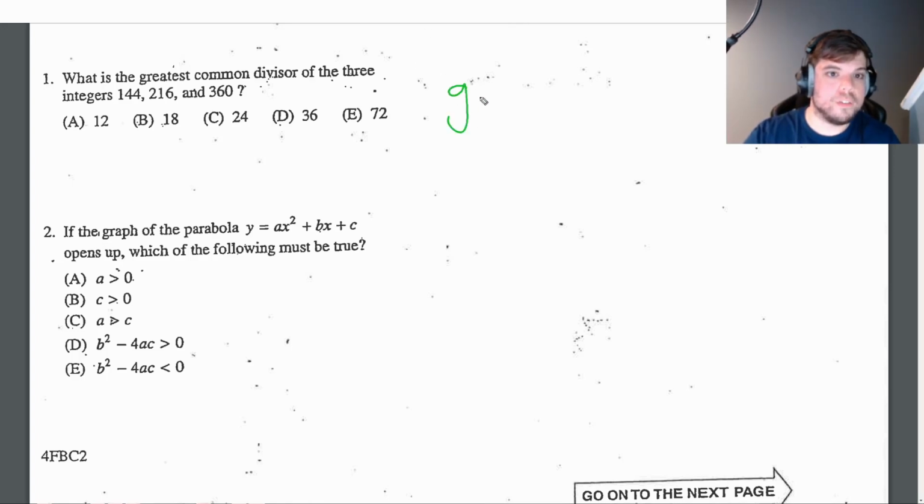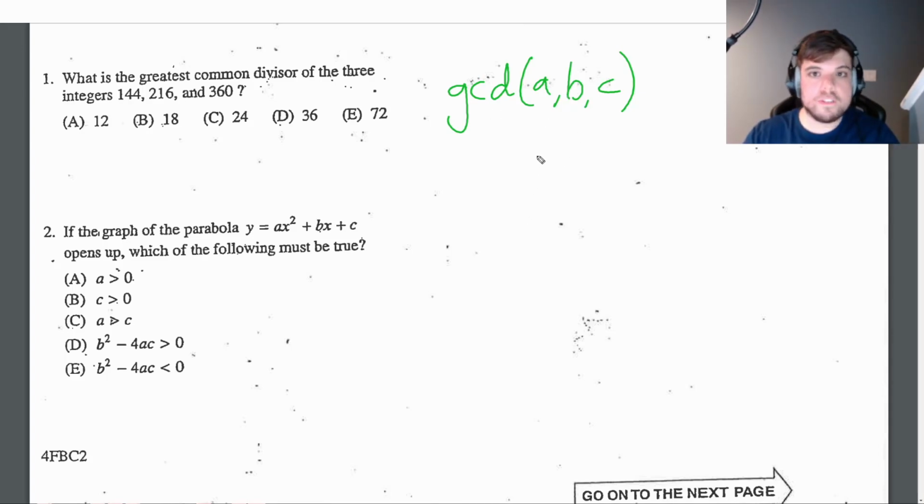If you have a few numbers like A, B, and C, the greatest common divisor of A, B, and C, if you list out all the factors of A, all the factors of B, and all the factors of C, is the product of all of the factors that all 3 numbers have in common. Okay. Looking at this problem,